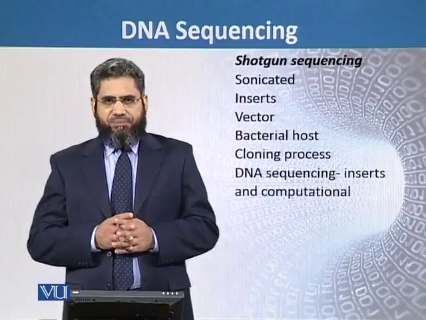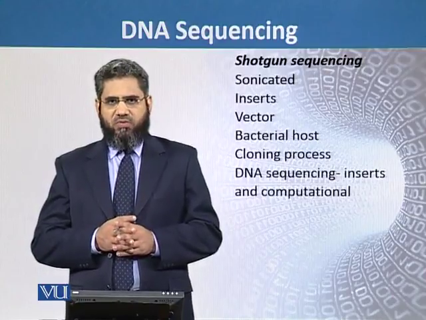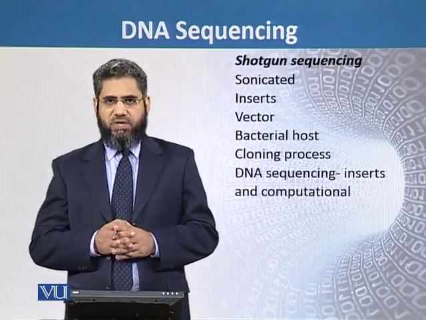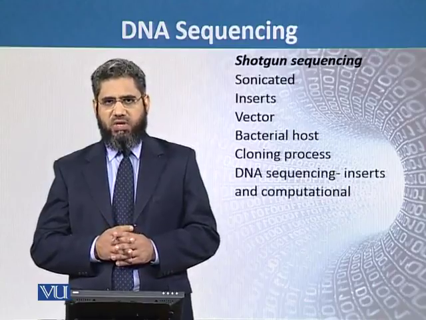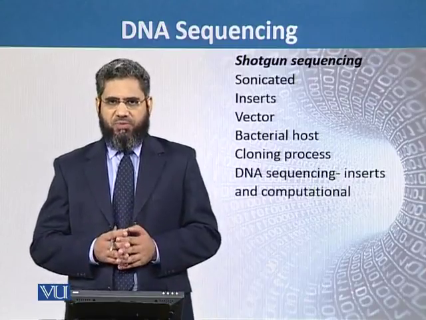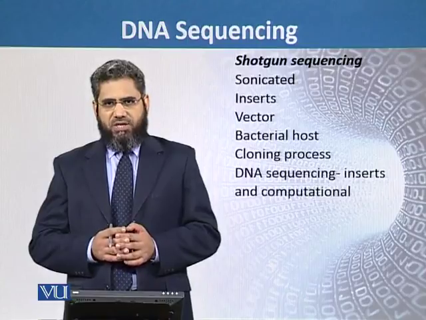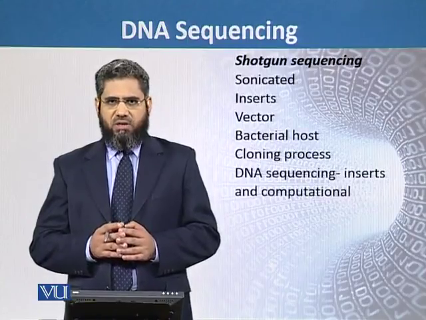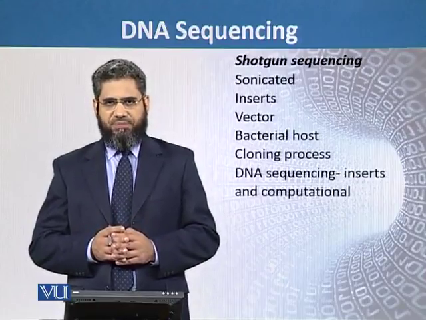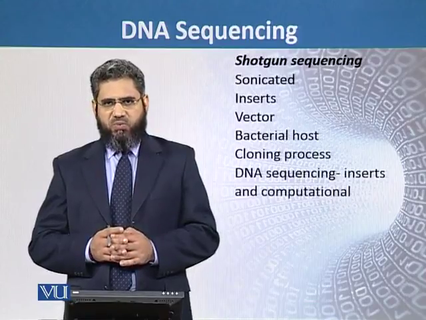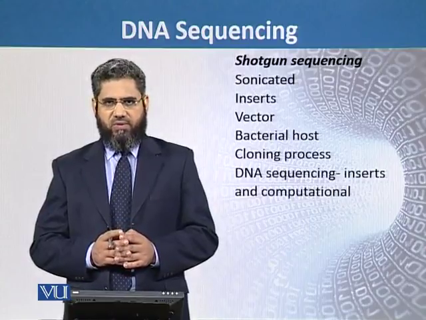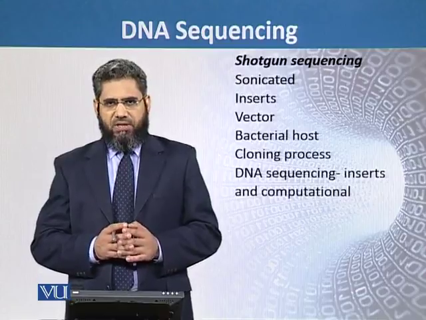Then, 20 years after the Human Genome Project was completed, new techniques were developed, and one of those was shotgun sequencing. That process is used when there is a huge amount of DNA to be sequenced. In this technique, the DNA from the genome is broken down into small pieces by using the technique of sonication. After the breakdown into small pieces, the sizes corresponding to 500 to 700 nucleotides are separated, and they are then